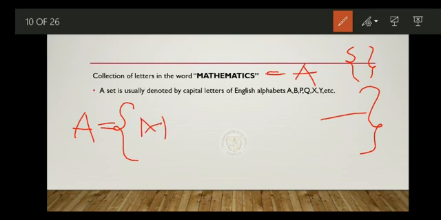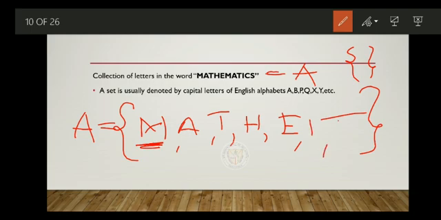M, A, T, H, E. Since I have already written M, I am not going to write M again. A is also already there, so I am not going to write A as well as T. The next ones are I, C, S. So this is the collection of letters in the word mathematics.